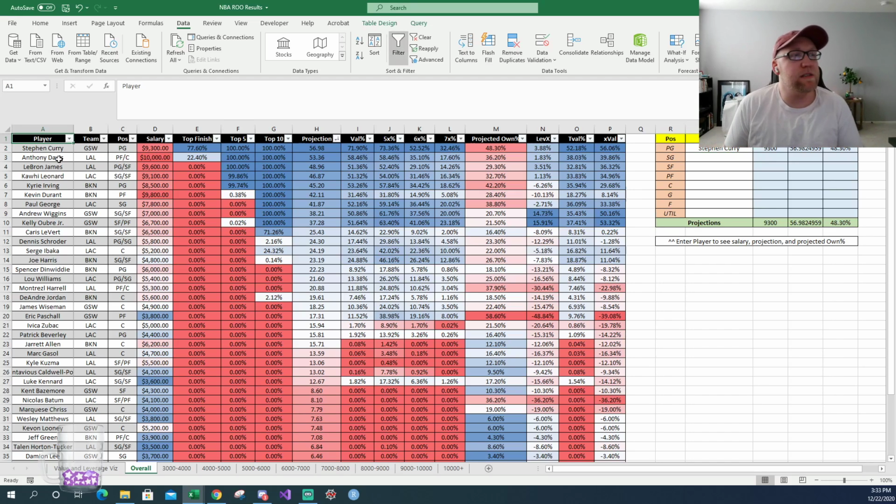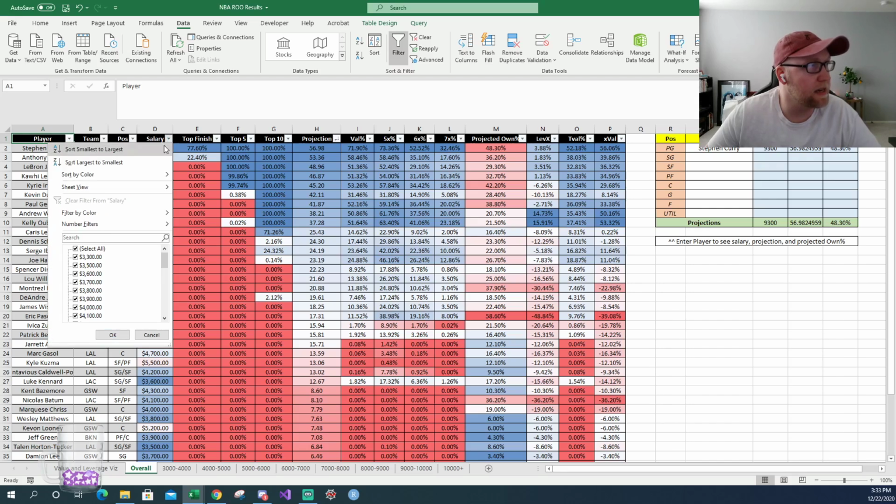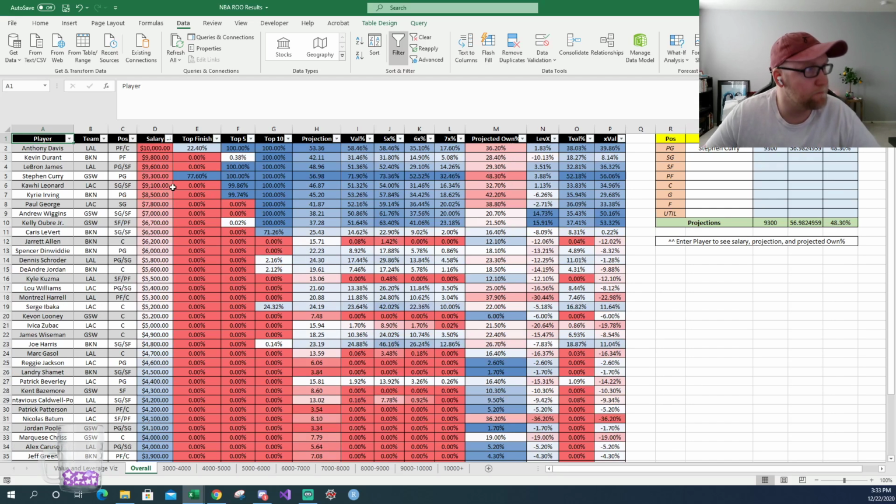The main things to take away from here are understanding the T-val and the X-val. Those are the two things that I use by far the most in the range of outcomes. But also understanding that when you sort this by salary and look at these players, on a much larger slate, you're going to be able to find some 1v1 decisions that are very, very interesting in terms of the salary that you have to pay and the projections that you're seeing for players. Like, down here,